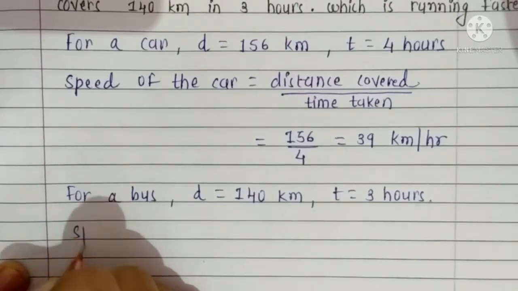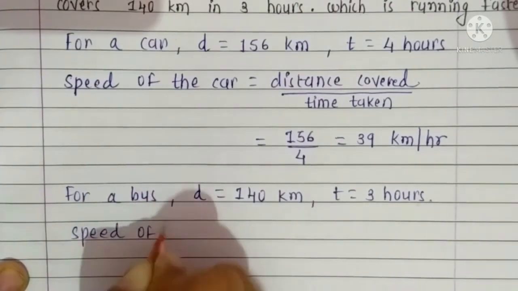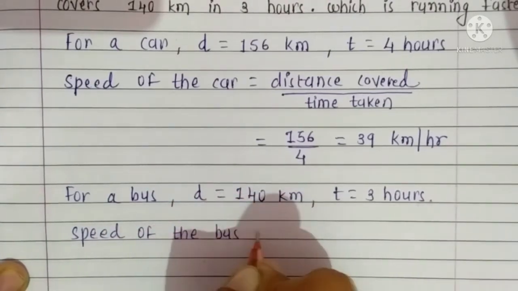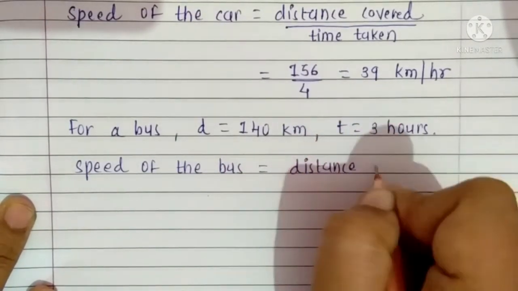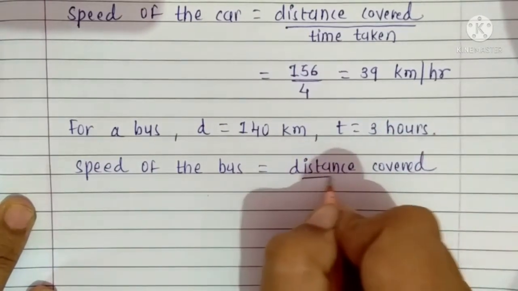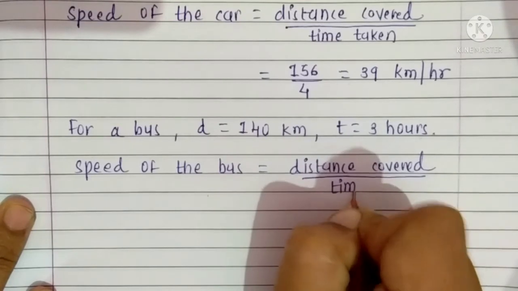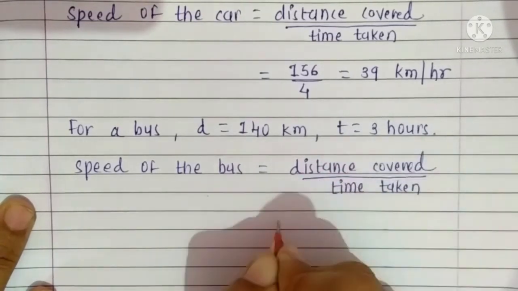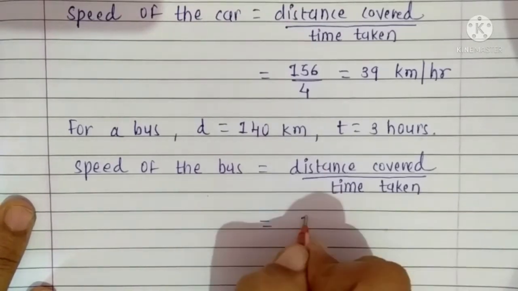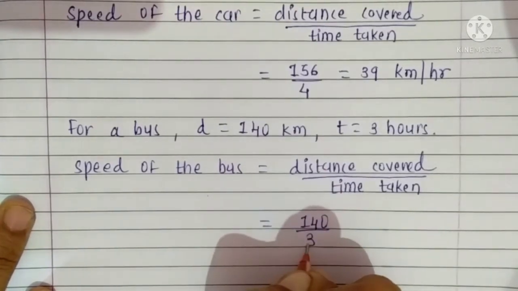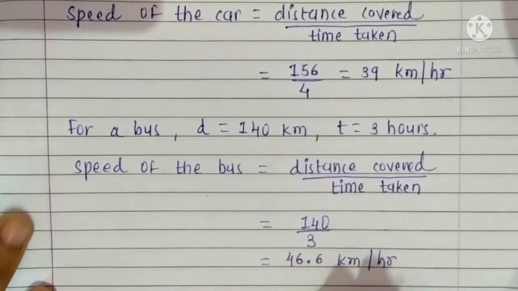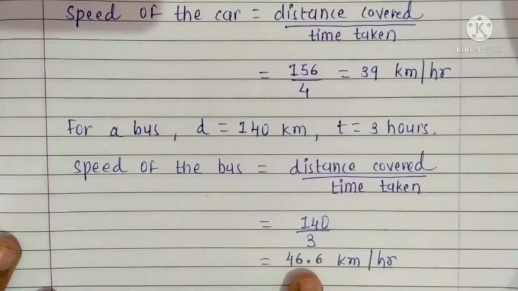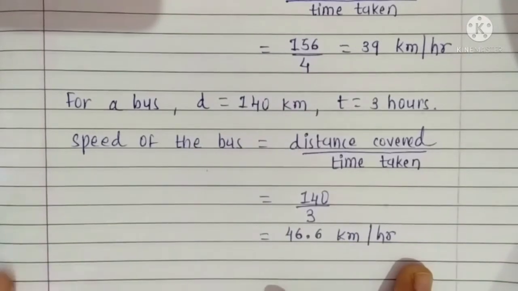So speed of the bus is equal to distance covered upon time taken. तो यहाँ पे डिस्टेंस है 140 एंड टाइम है 3। तो 140 को 3 से डिवाइड करेंगे तो हमें आंसर मिलेगा 46.6 किलोमीटर पर आवर। तो यहाँ पे हमें बस की स्पीड मिली है 46.6 किलोमीटर पर आवर।